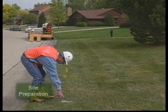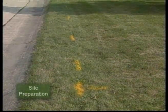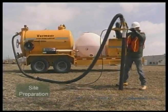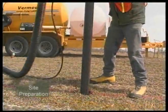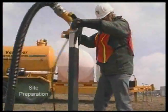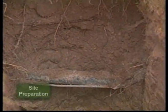Next, mark the bore path. Confirm the locations of all existing utilities and make every effort to stay clear of them. Before boring, all utilities must be exposed wherever the planned bore path will cross them. Use methods that will not damage the utility being exposed, such as using hand tools or vacuum excavation around fiber optic cables. Exposures must be at least to the proposed depth of the bore and must fully expose the utility